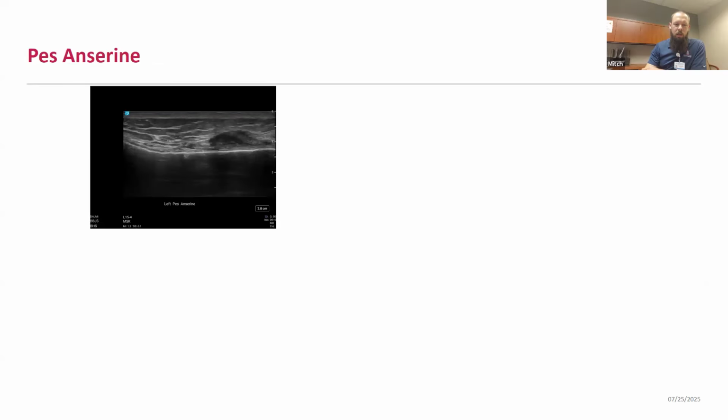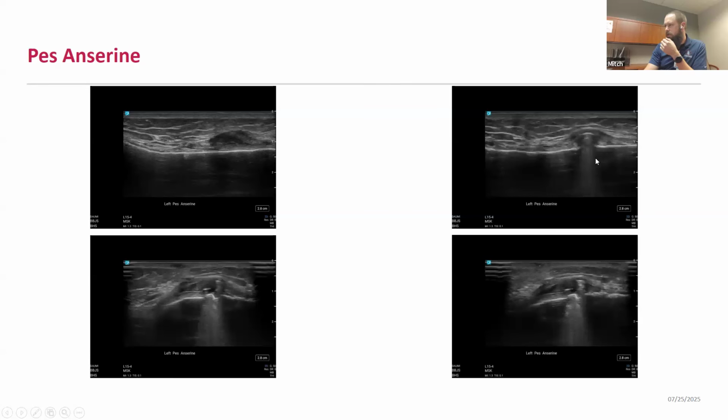So getting back to the case of the athlete that I presented initially, this is his long axis view of the MCL and the Pes Anserine complex, and we can see, compared to the initial evaluation, a significant abnormality at the Pes Anserinus. Here we see one of our tendons, but then a lot of hypoechogenicity and evidence of swelling or bursitis present in this area. And then as I scan medial to lateral across these areas, I also see additional abnormalities within that complex.